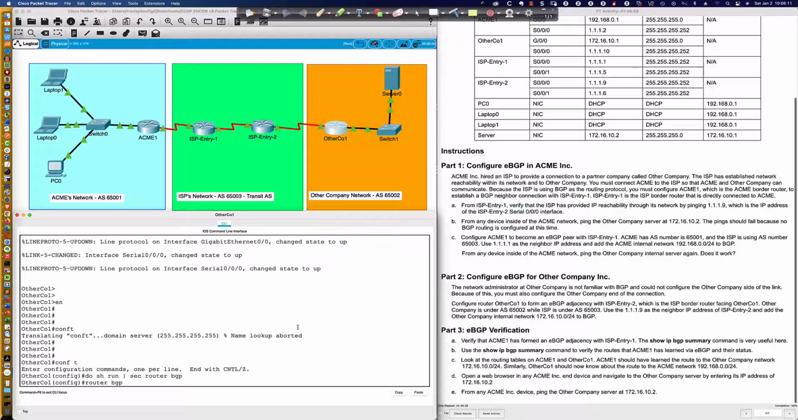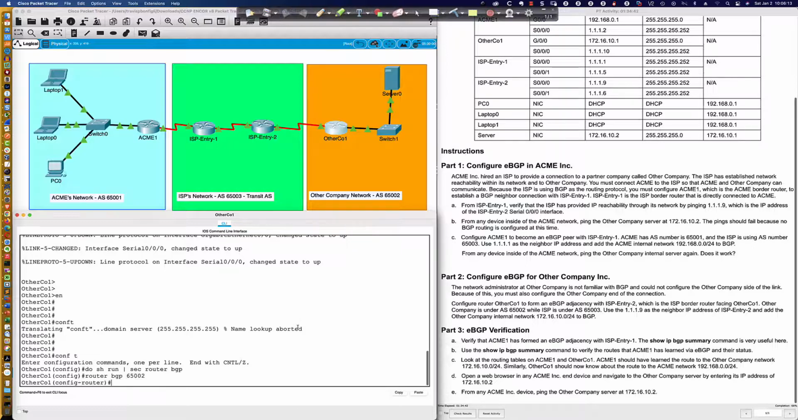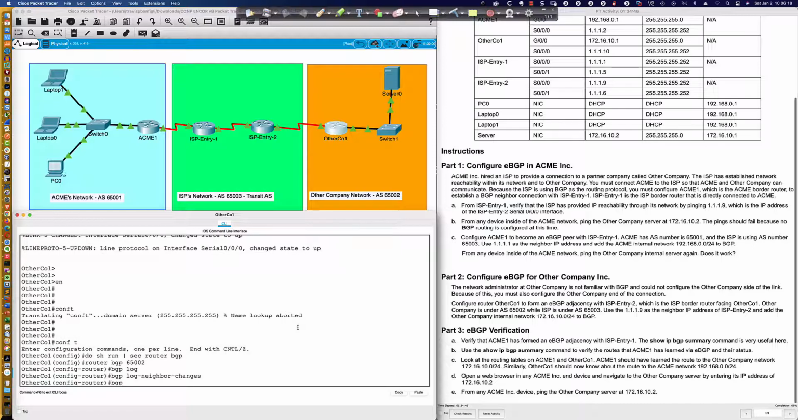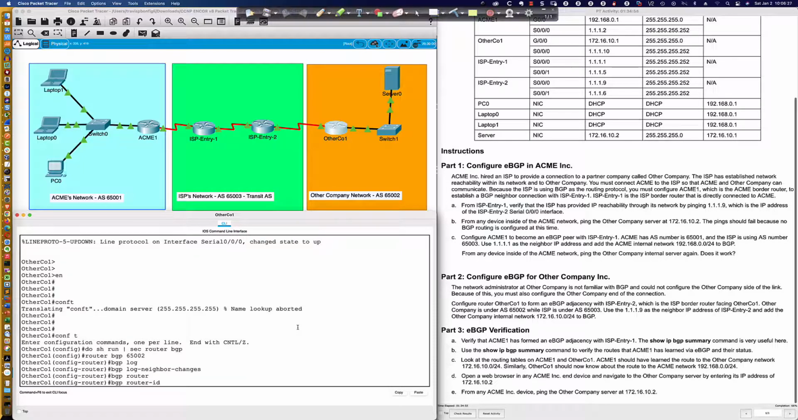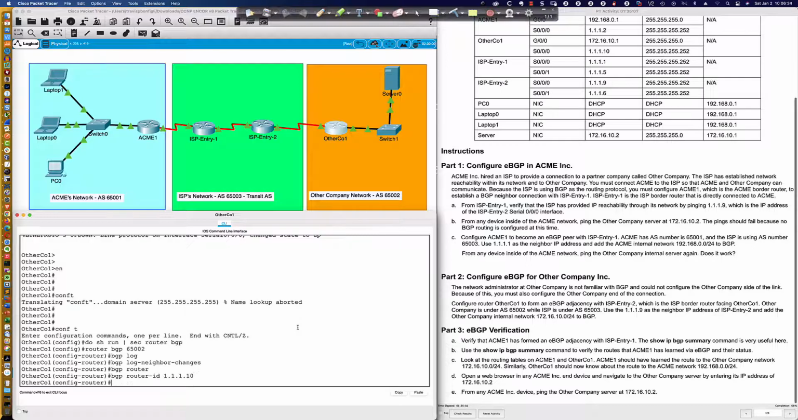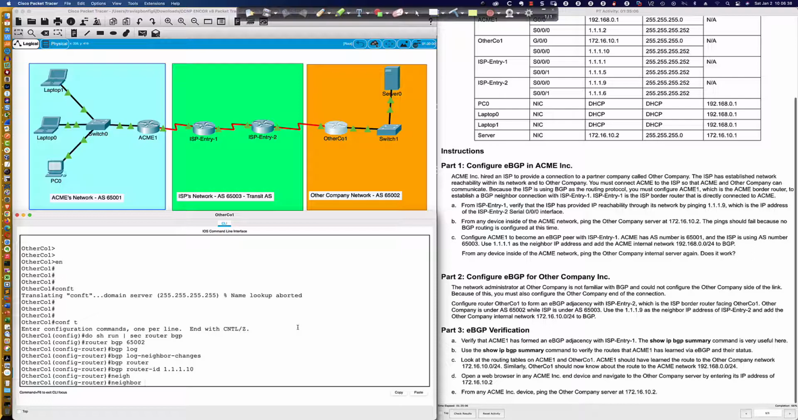So, router BGP 65002. We could say BGP log neighbor changes. Always good. More information is better when we're thinking, hey, I need to see what's going on. So BGP router ID, and we'll set that to, what is their other company? We'll say 1.1.1.10. Okay, so we're going to do our neighbor statement here, and it's going to be 1.1.1.9,